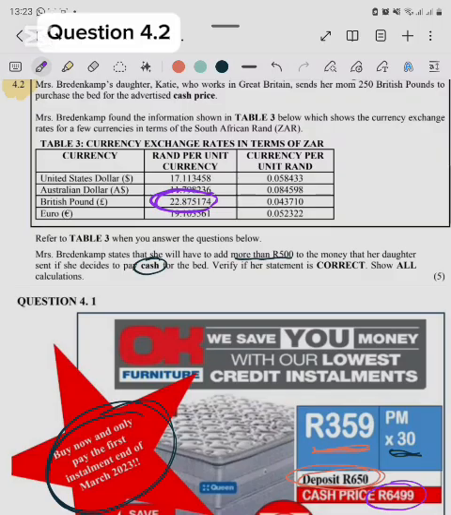Now you could work with this currency per units of rands. It's not wrong to work with that. You will get an ever so slightly different answer because of the decimals, but generally speaking, if you have a currency, work with the one with the side that has the per unit of that currency, because if £1 is 22 Rand, £2 will be 44 Rand, and £250 will just be going 250 times by the